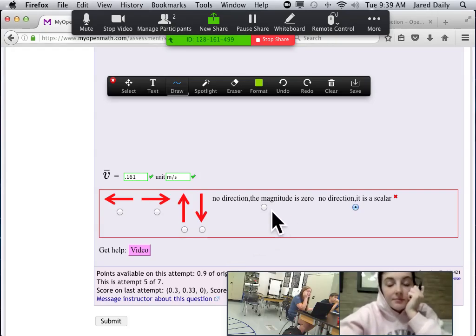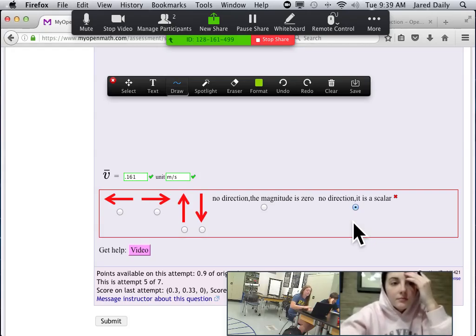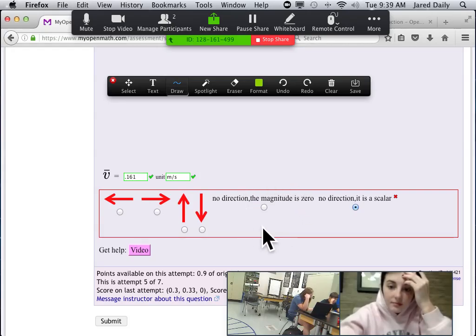Now in this case, it kind of depends on what the book tells us. I'm thinking, since it's telling me that it's not correct when I chose no direction, it's a scalar. Some books choose to define average velocity as a scalar, some choose to not define it as a scalar. It really depends on the book. When we get into average velocity in multiple dimensions, it will be considered a scalar. For now, it looks like they're not considering a scalar, so we have to give it a direction, which means